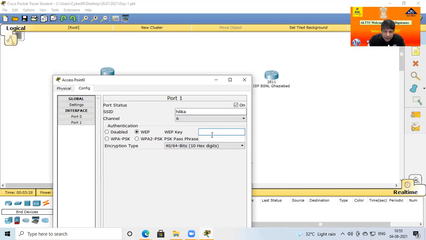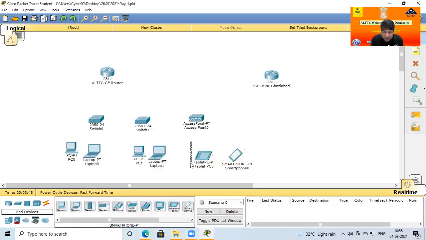It will be at least 10 digits, and otherwise 25 digits is possible on other devices. I just take a hexadecimal password, A B C D E 1 2 3 4 5, I think 10 digits is possible. So now both devices are automatically disconnected from this Wi-Fi, because now this Wi-Fi is password protected.